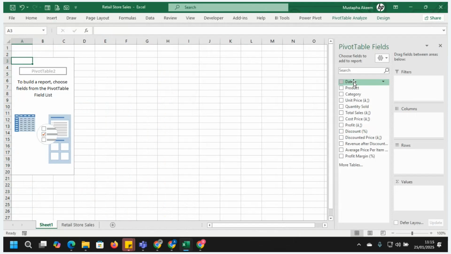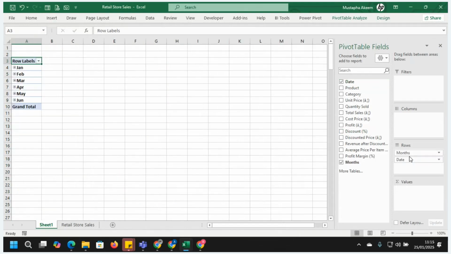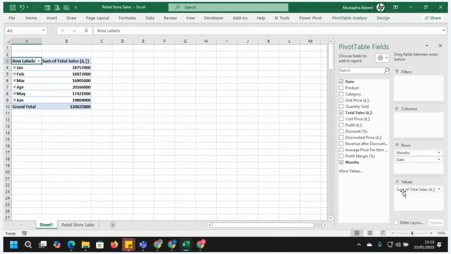You can drag anything. Drag your date into rows, and drag the sales into values. You can see our total sales for January, February, March, April, May, June, for 6 months. Can you see? Very fast, very easy to use.